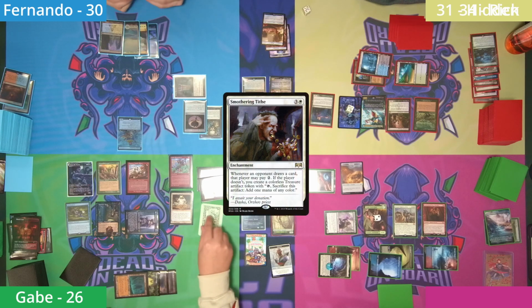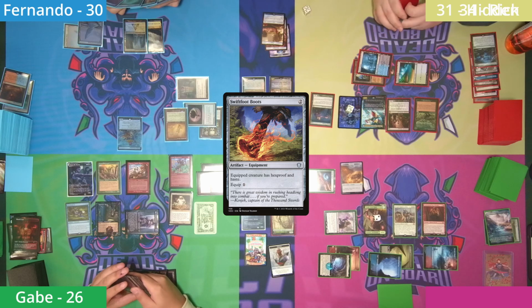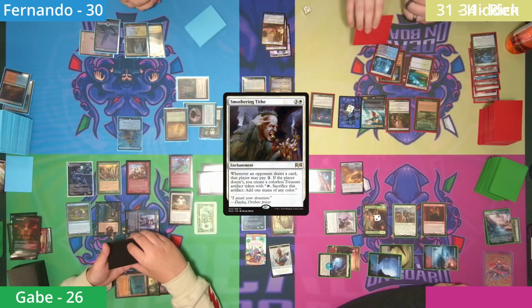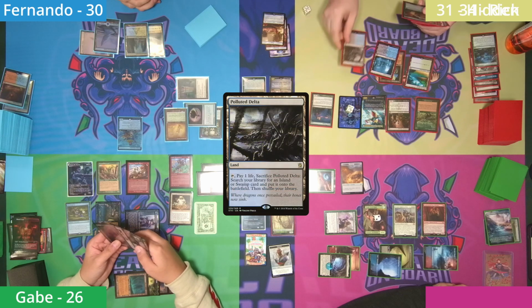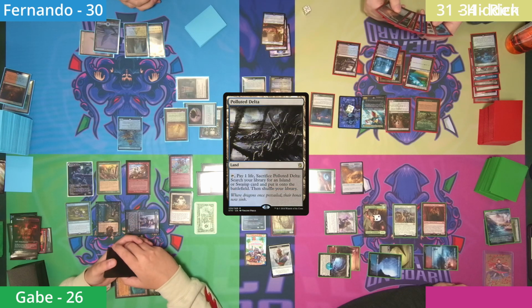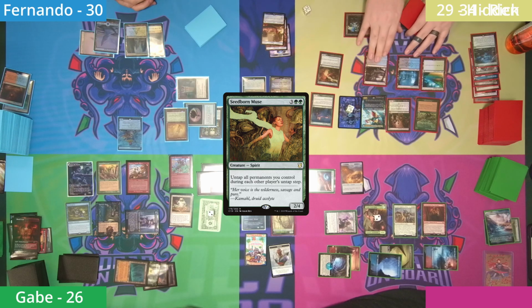Fernando untaps and doesn't pay the tithe. He casts a Swiftfoot Boots and passes it there. Hidden also doesn't pay the 2, and makes 3 green off the carpet. He then plays out a Polluted Delta as land, and then for 5 casts a Seedborn Muse, who resolves,